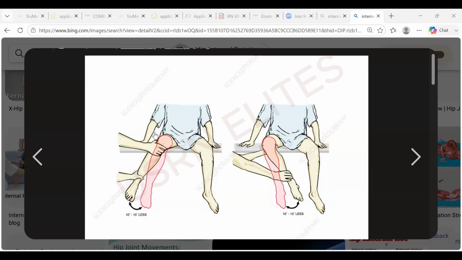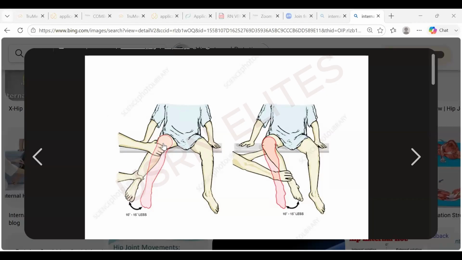So depending on the dislocation type, whether there's internal dislocation or external dislocation, that will depend on where the hip will move towards. I hope you understand the concept. Please come again, what I'm saying is that